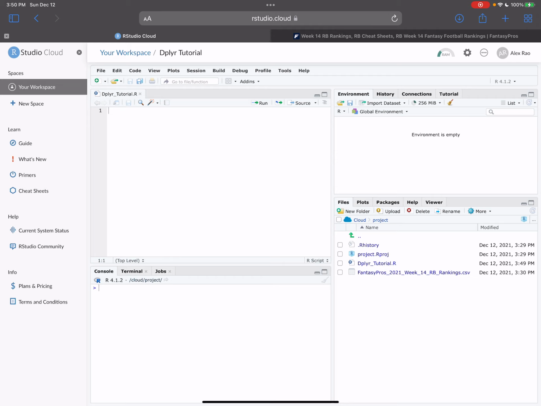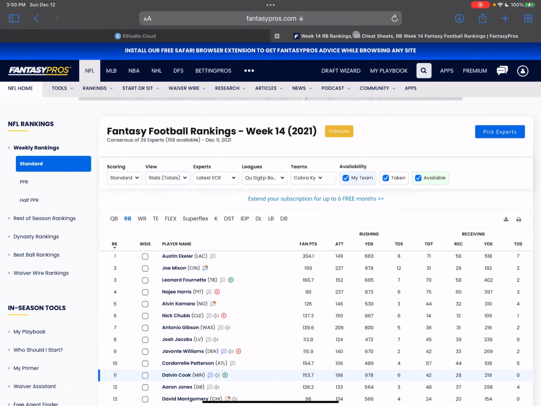The data I'll be using for this tutorial is comprised of statistics for running backs in the NFL during the current 2021 season. For those of you that are familiar with fantasy football, these statistics are extremely vital in selecting which players to draft to your team's roster and include in your lineup on a weekly basis. As an avid fantasy football enthusiast, I believe this data could be very useful in demonstrating the use of the